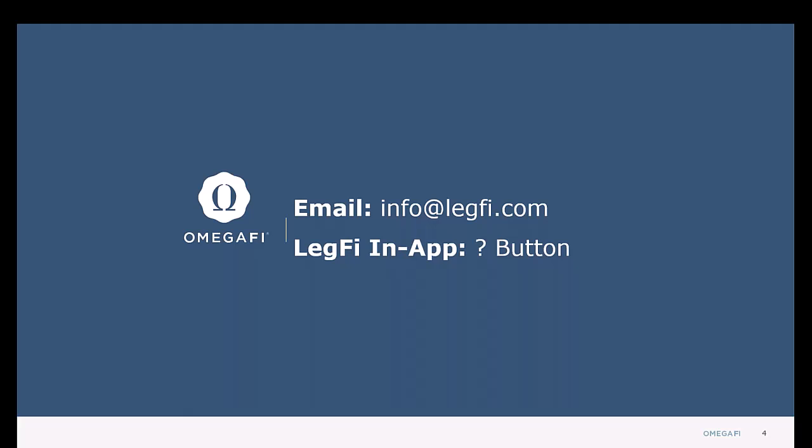If you click that question mark, it'll take you to our help center. In that help center, you can basically search anything you have a question about. So if you want to look up member status, you can just type member status into the search. It'll pull all the articles that have that in there. If you want to learn more about treasury accounts, type in treasury account, payables, whatever it is. Definitely check out